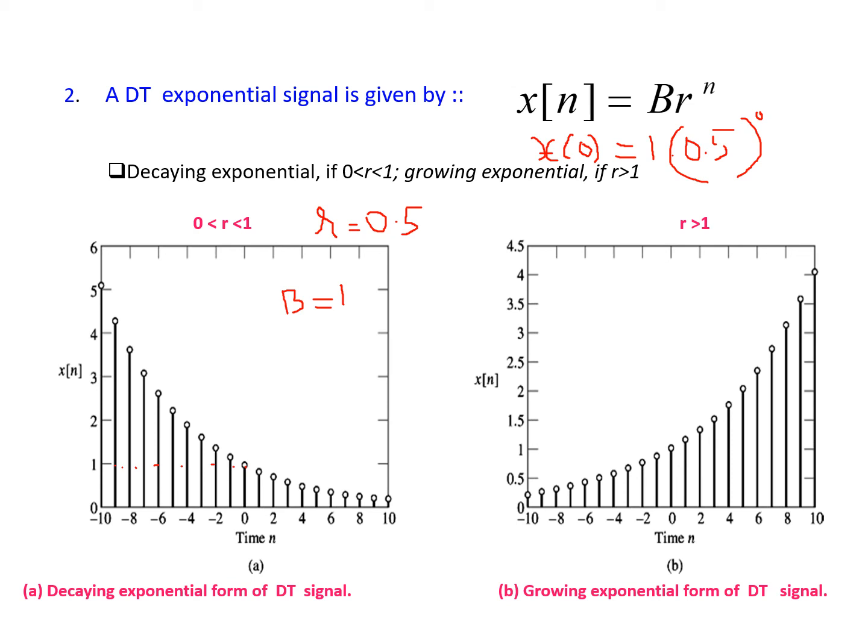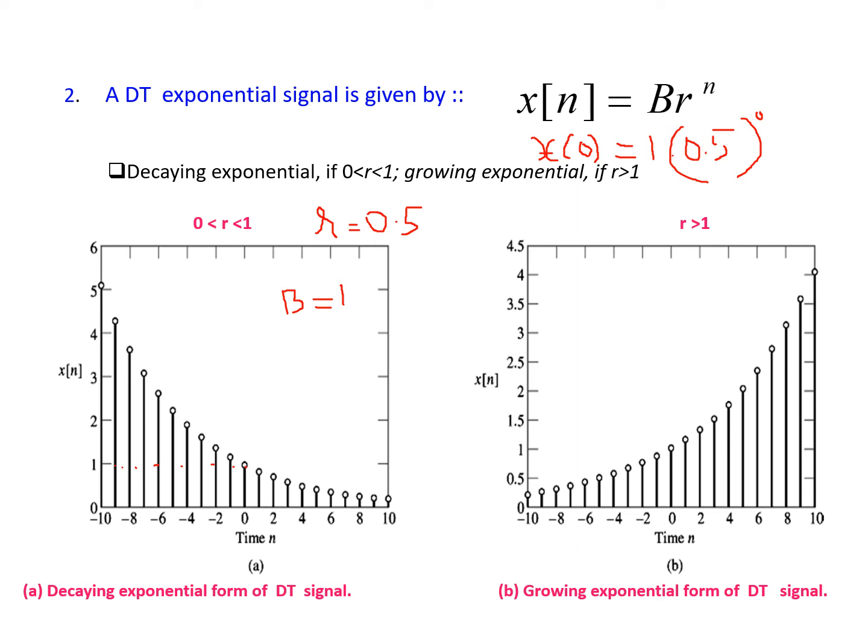You put the value of r as 2, for example, then keep on putting the values of n as 0, 1, 2, 3, etc. and find the value of x at different values of n. In that case, x value keeps on increasing, isn't it? When you put n is equal to 10, there is 2 to the power of 10 into 1. It will be a large value. This value is not plotted according to any example I have considered.